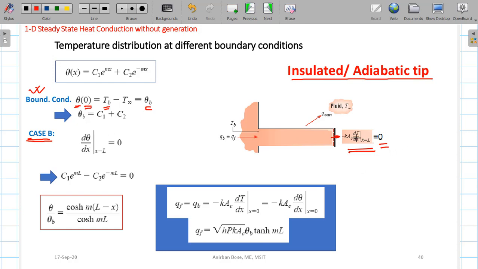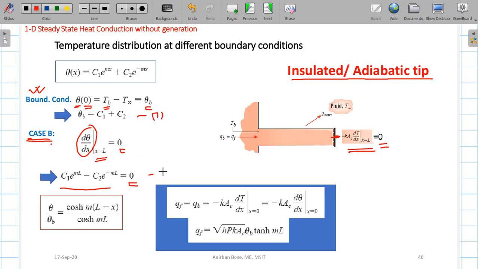Okay, so if you apply this, it basically means that the temperature gradient at x equals L is 0, that means dθ/dx at x equals L is 0. x equals L indicates the tip. You already know the expression of theta, so just differentiate with respect to x and put x equals L, and you will get this expression, which is equal to 0 according to case B, the insulated tip boundary condition. So now you have two equations, this is one